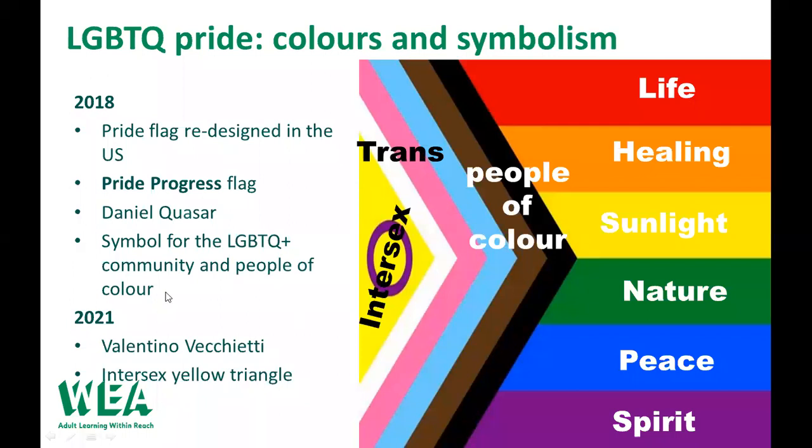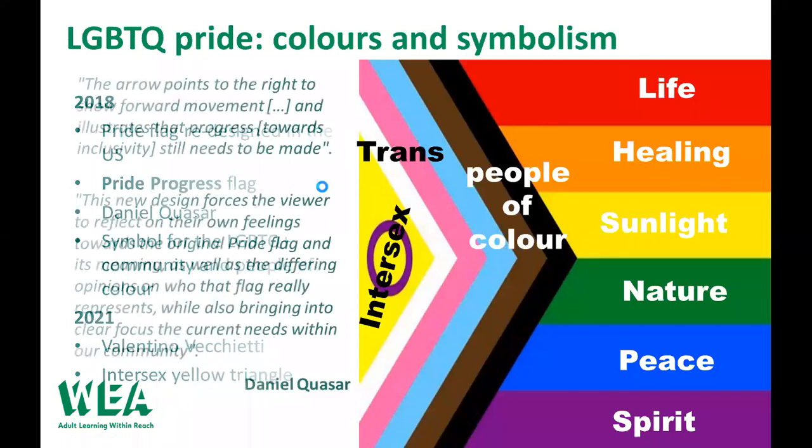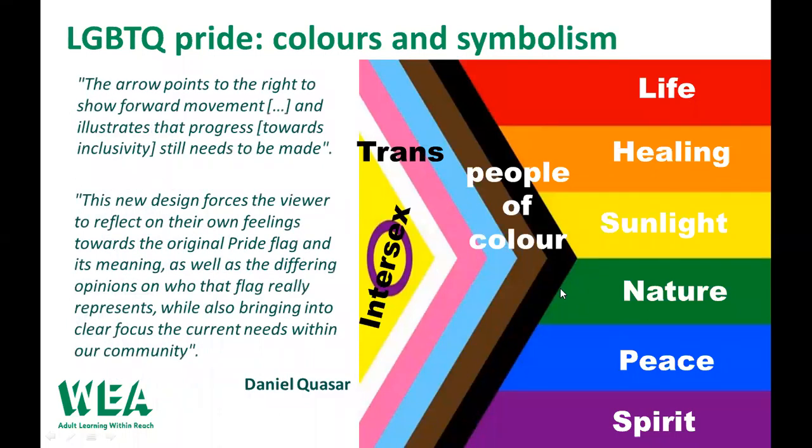So I'm going to give you some quotes from Daniel for the reasons why the flag changed. What he was saying is that the arrow points to the right to show a forward movement and to illustrate progress, and more progress still needs to be made. And he also says that this new design forces the viewer to reflect on their own feelings towards the original Pride